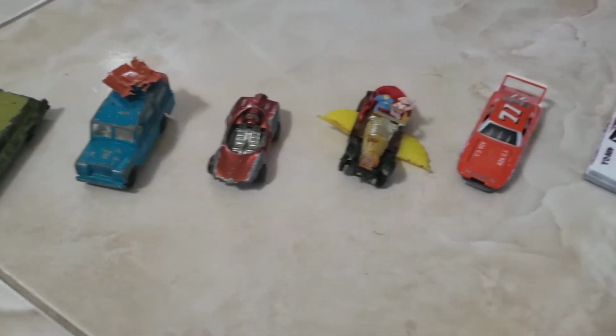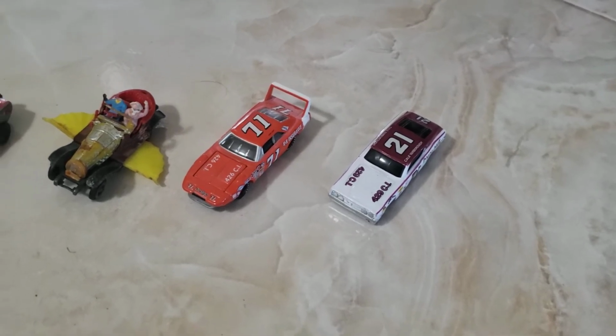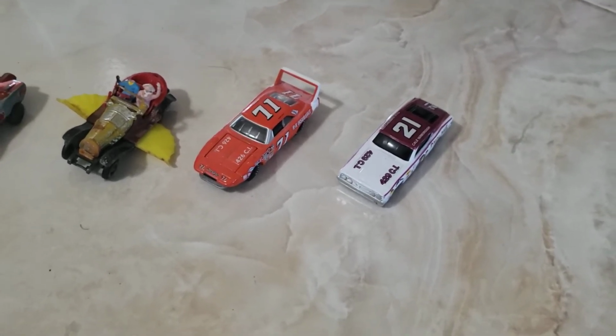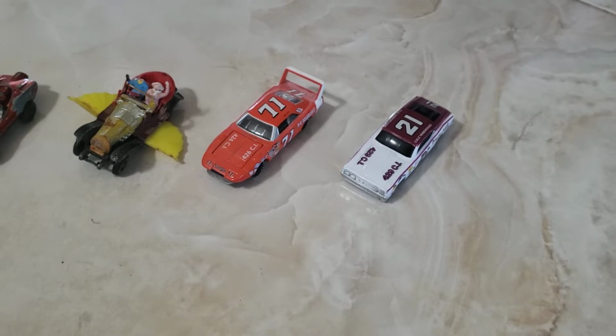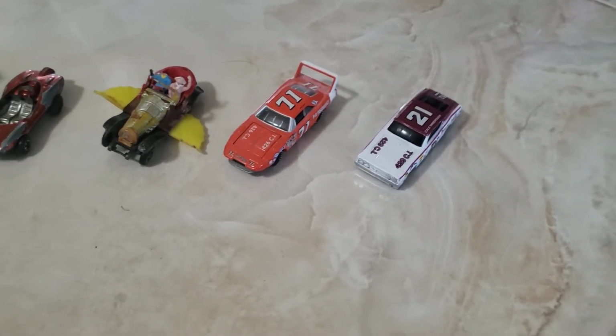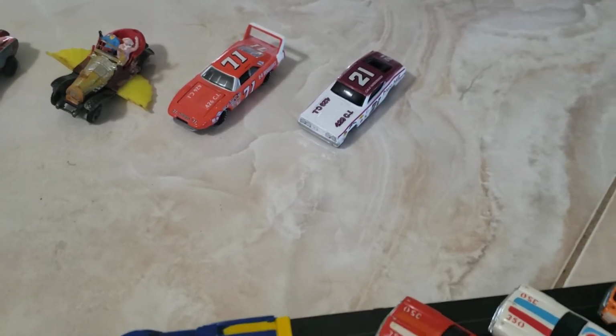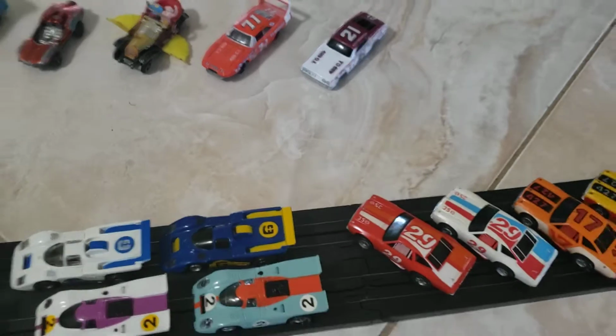And there's a couple of more recent die-cast cars. There was a period I was heavily into NASCAR in the 70s and 80s, and even into the 90s very heavily. So you'll see a lot of my collection is very heavy on NASCAR, but it's pretty diverse now. So getting back to the